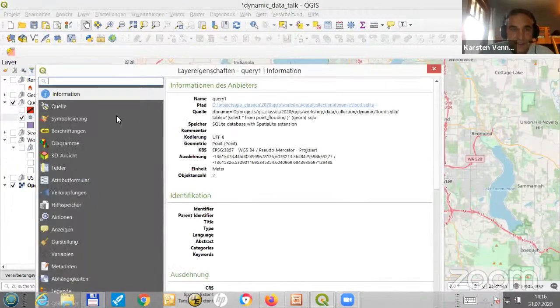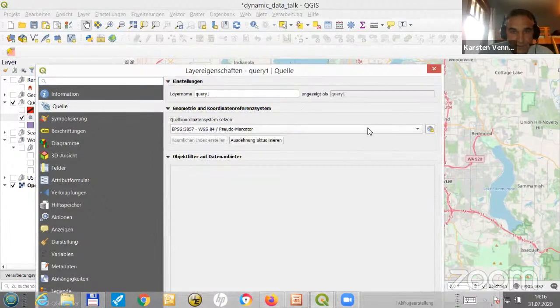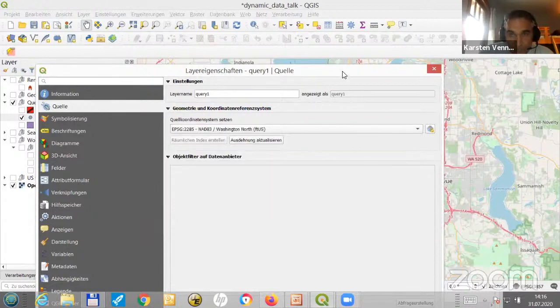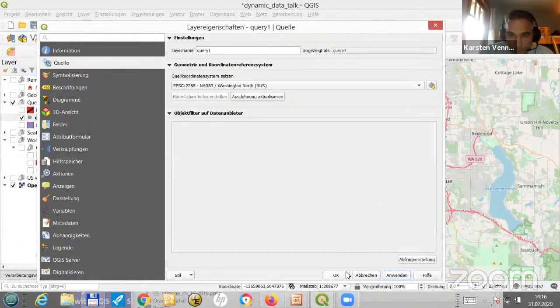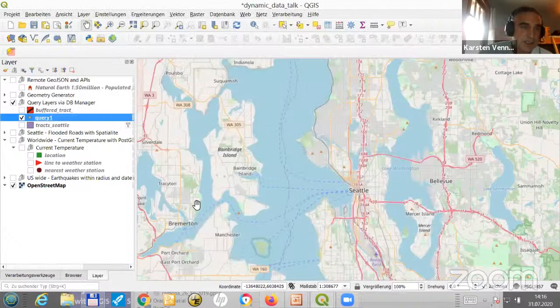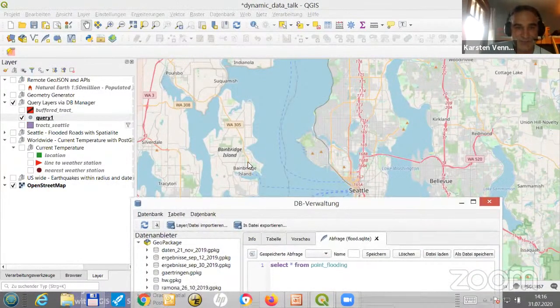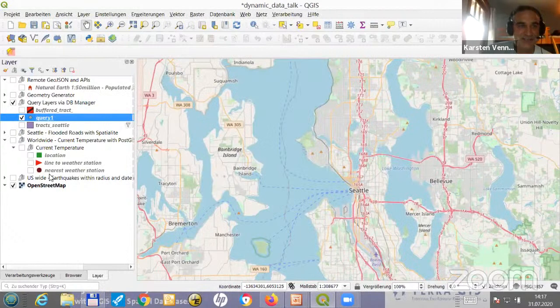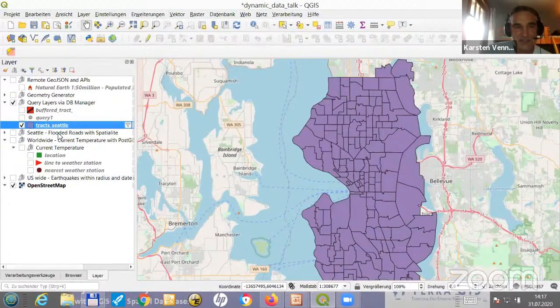Sorry, I think that has the wrong projection. And it actually should show up. I don't want to mess with it too much now, but that's how you can create a query layer. So I just did that for the Seattle tract. So if I have here a SQLite file connected,